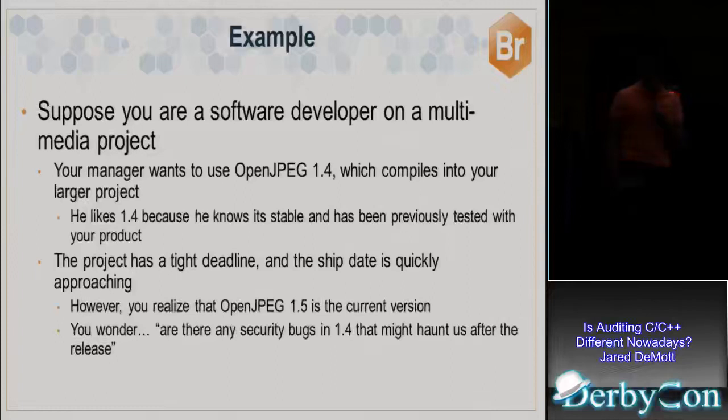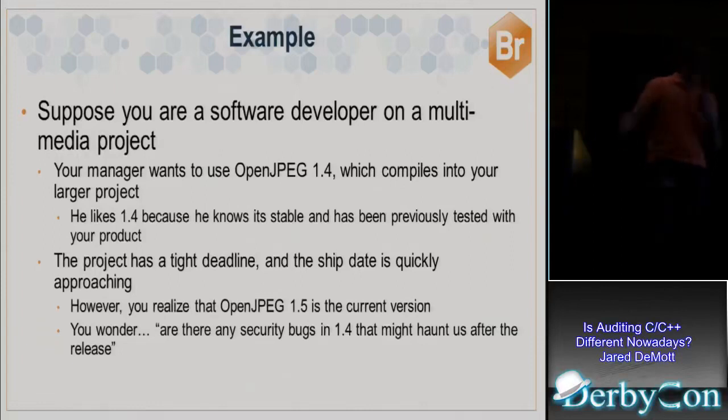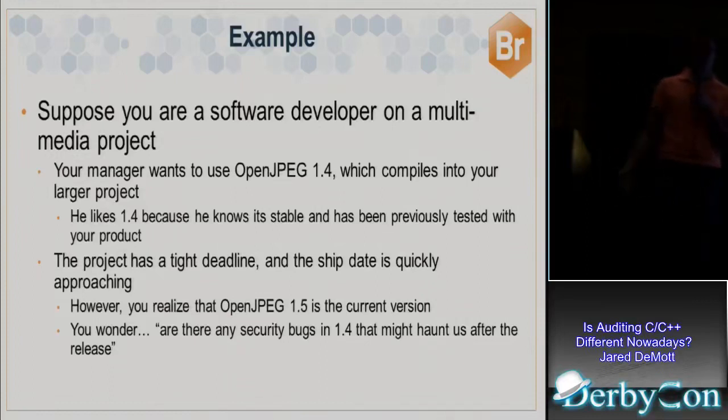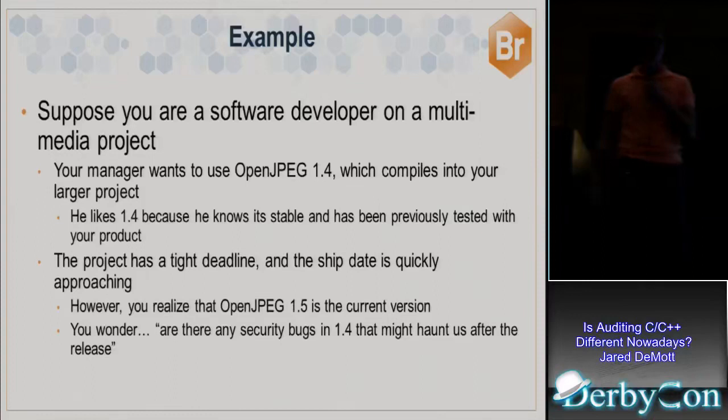So this is a little example that I also have from my class. The premise of this exercise is: pretend you're a software developer creating some browser or whatever it is, and you leverage some third-party product like OpenJPEG. Your boss wants you to use 1.4 because it's been tested, it works, and everything's happy with that. But you know that 1.5 is out, and you think, geez, shouldn't we use 1.5? And he says no, because it hasn't been tested, it could cause regression problems, and we're ready to ship, and everything's really tight on the deadlines as usual.